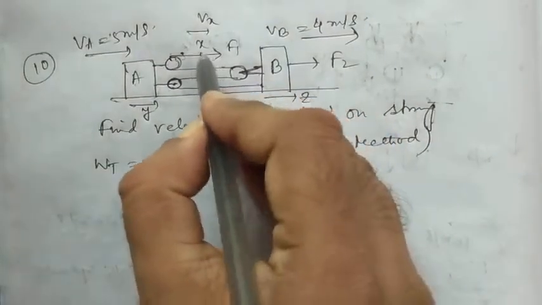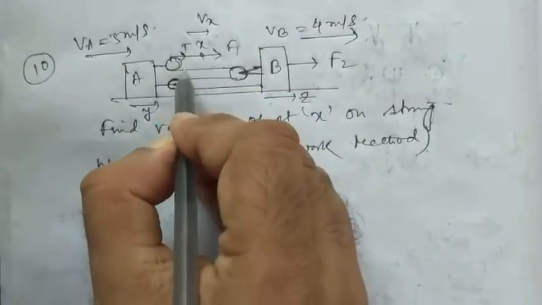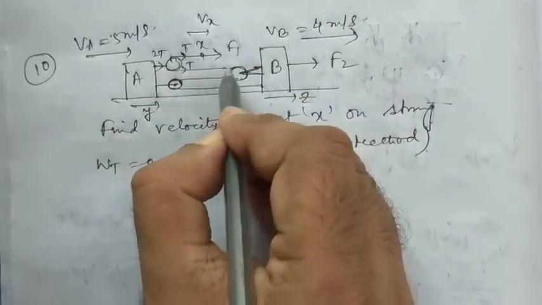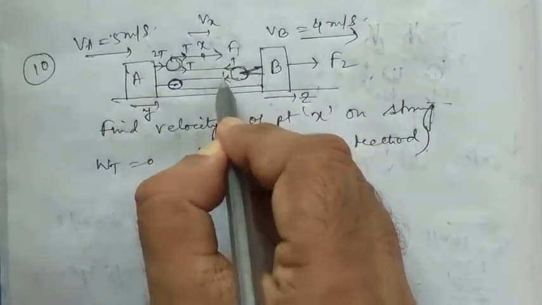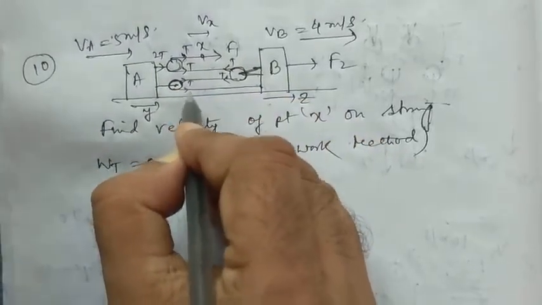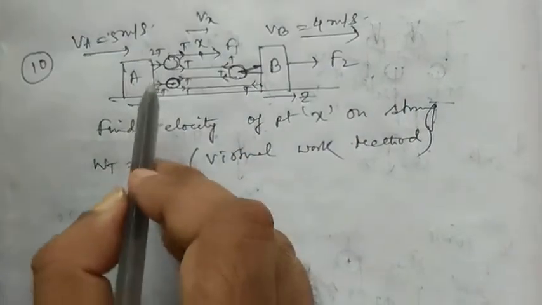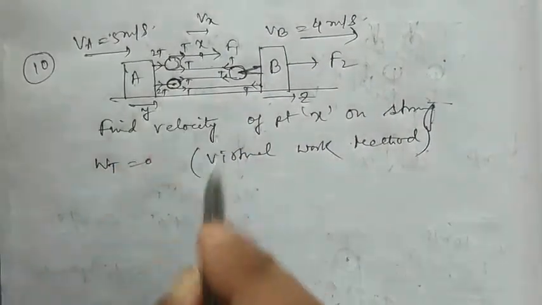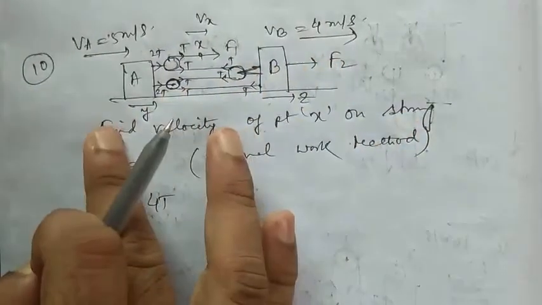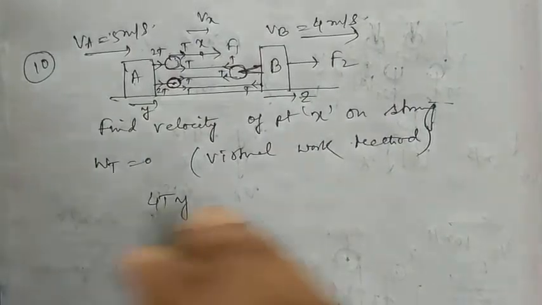Now if you write the tensions, this is T, this is T, so it becomes 2T here, T here, T here, because this is one single rope. T, T, T here, this also becomes 2T. So the total tension force on block A is 4T in this direction towards the right, and the displacement y is also towards the right, so 4T into y, it's plus sign.